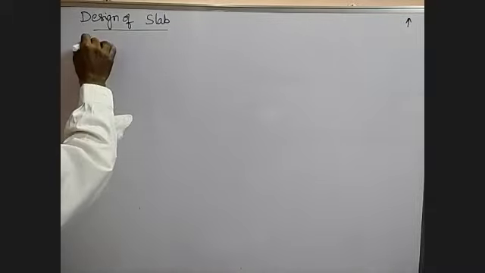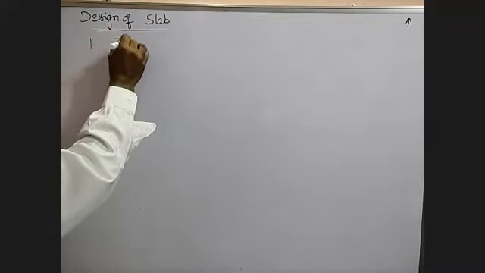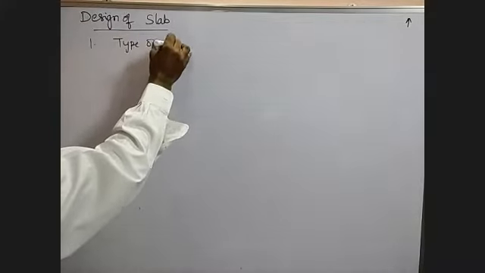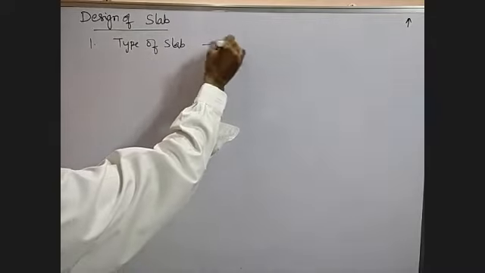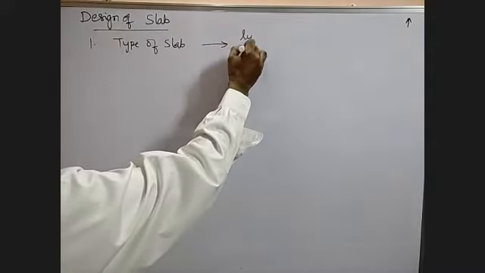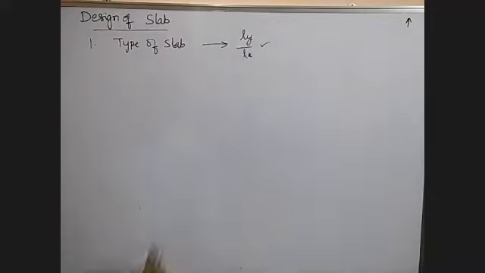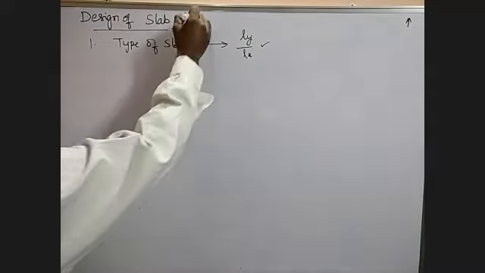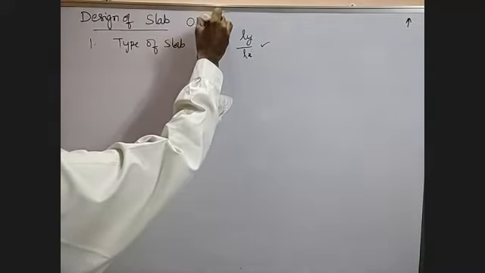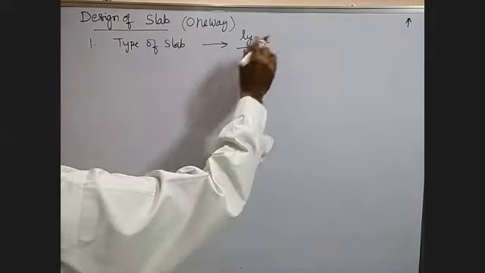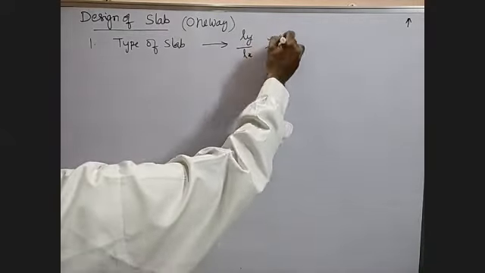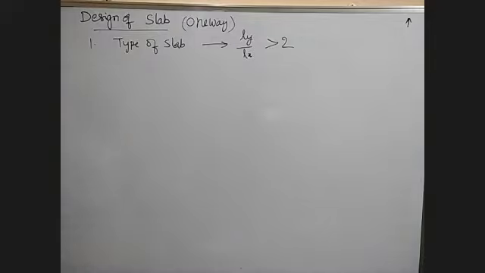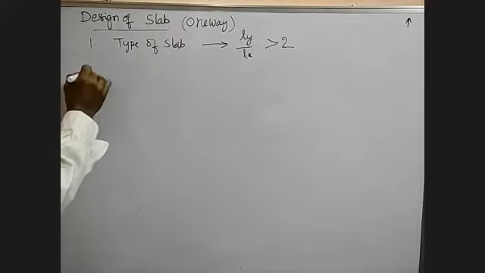So the first step is the type of slab. It depends on the Ly by Lx ratio. So for the design of one-way slab, this should be greater than 2. Okay. Then the second step is